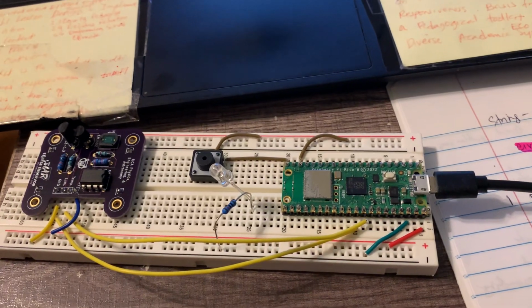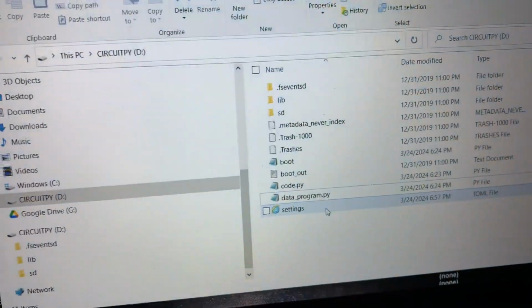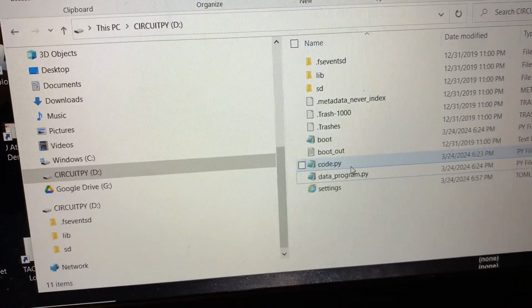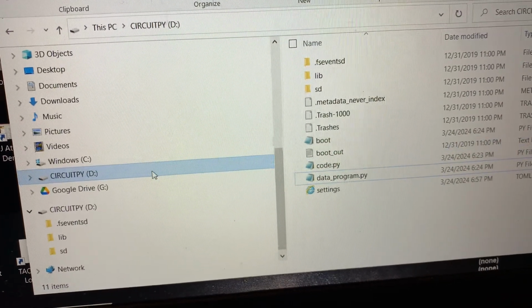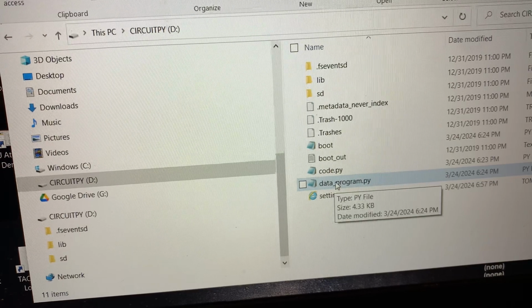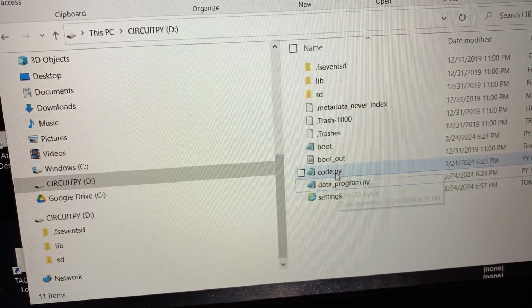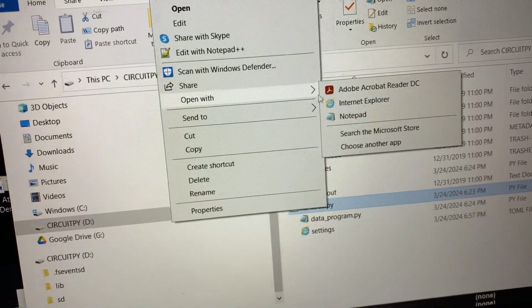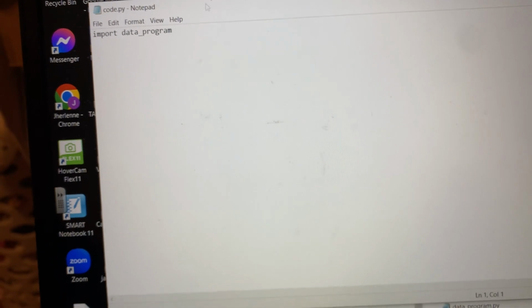So I have plugged in this breadboard, check my computer, this is it. I'll try to, what's the next step? Nothing here. If I try to look at this and right click, I'll go open with, say, Notepad, this is what it is, import data program,